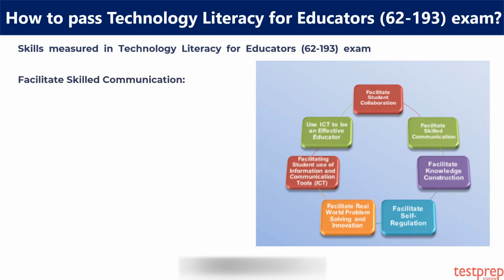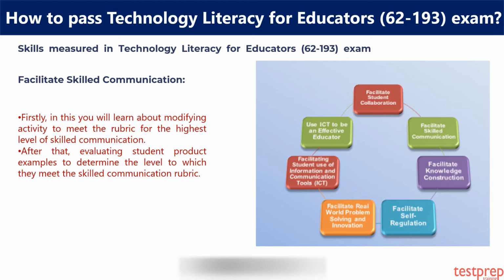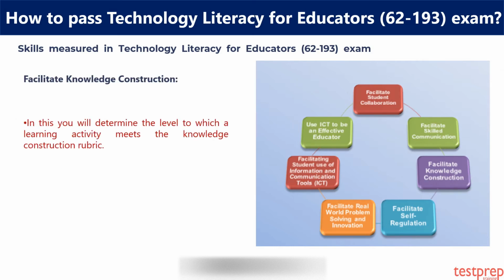Facilitate skilled communication. Firstly, in this you will learn about modifying an activity to meet the rubric for the highest level of skilled communication. After that, evaluating student product examples to determine the level to which they meet the skilled communication rubric. Facilitate knowledge construction. In this you will determine the level to which a learning activity meets the knowledge construction